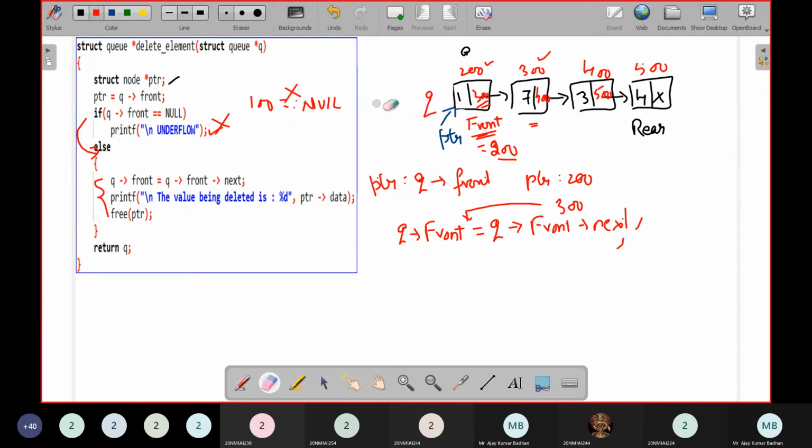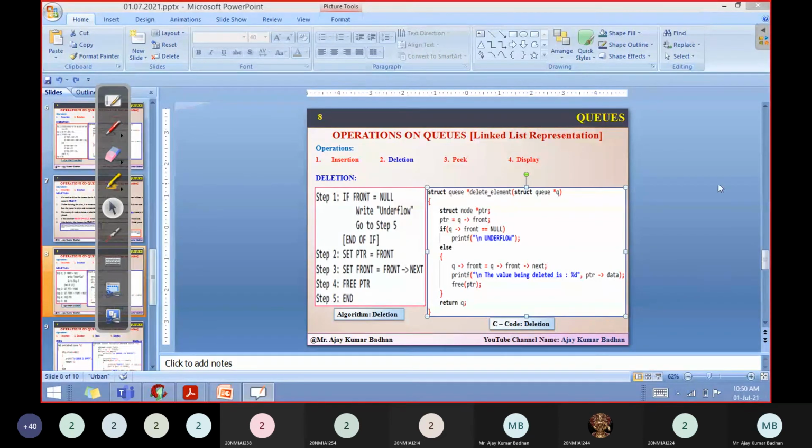Automatically the variable front will come to this particular location. So q of front has come up here. Now this has been detached. This node is referred to using the variable pointer. I simply use the free method to free the space allocated to this pointer. Done. The task is completed. This is exactly how the deletion operation is performed. The remaining two are very easy, so people can go through them.